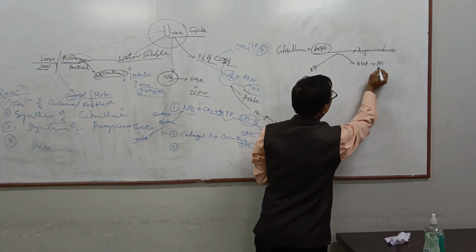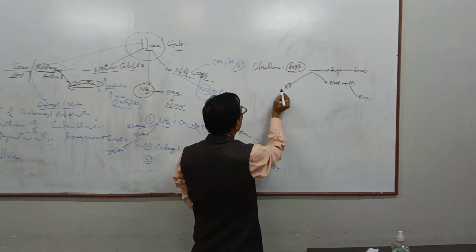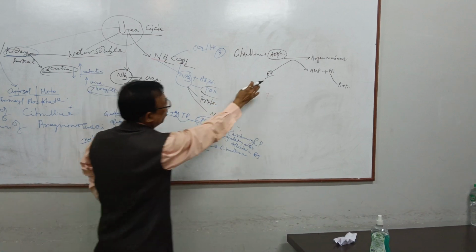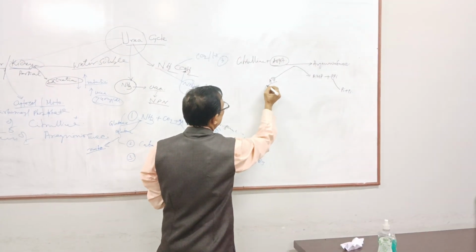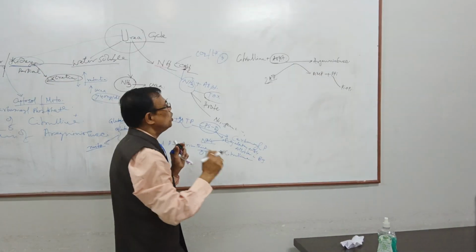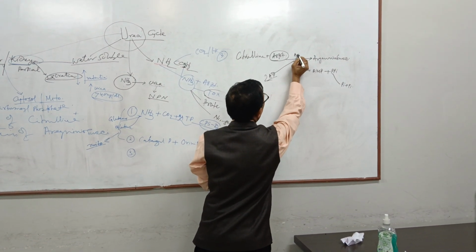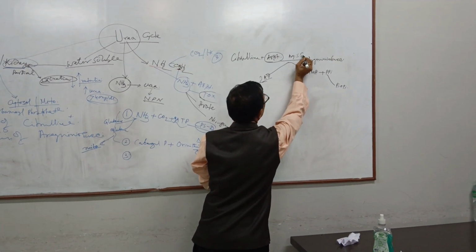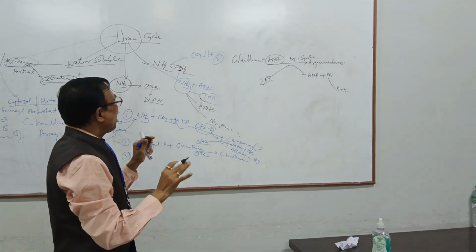It is converted into PPi. So mathematically, one ATP is here, one molecule of ATP is here, two molecules. So 3 molecules. You will see the energy level: ATP to AMP is equivalent to 2 molecules of ATP. So 2 plus 2, 4 ATP will be consumed. Here the enzyme is argininosuccinate synthetase. Synthetase is the enzyme. Clear?